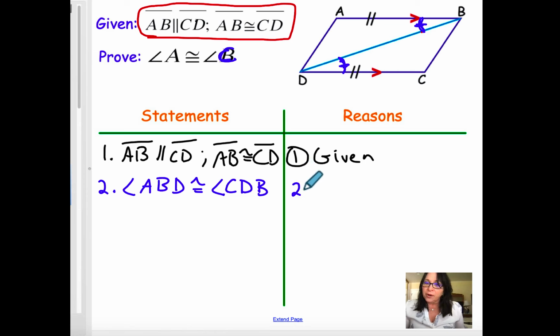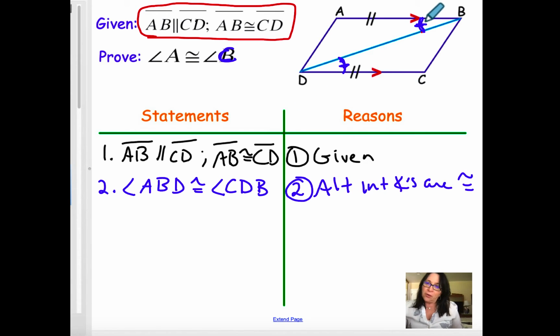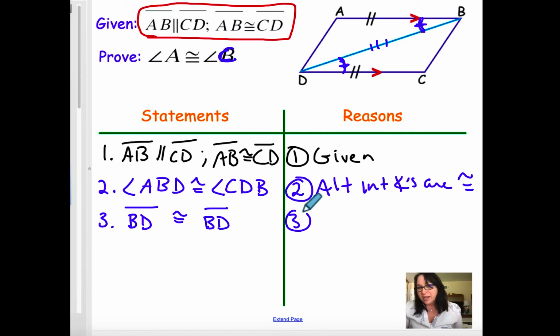And they are congruent because alternate interior angles are congruent. Okay, so we know that that angle equals that angle. Now, additionally, I know that BD is equal to itself. So I'm going to say that line segment BD is congruent to line segment BD, and that is the reflexive property